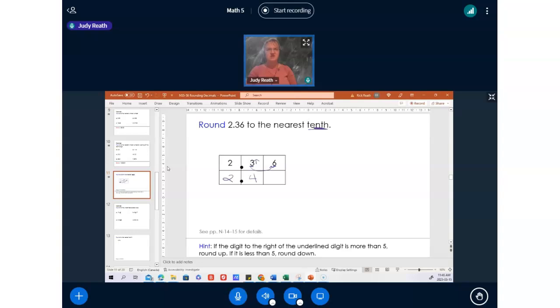And because it says to round to the nearest tenth, we're going to leave this space, the hundredth space, blank. Nothing in there because we only want to the tenth. This is something that's really important as you get into higher math and science. When you get into high school science, they're going to assume that you know how to round numbers, and you're